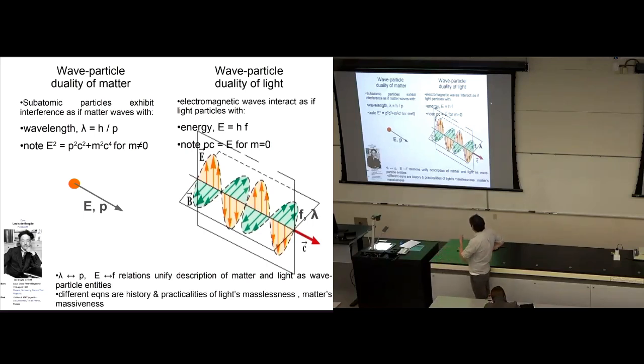This is kind of a summary of the wave-particle nature of matter on the left and light on the right. I've just added to the picture 2 equations, really. This one over here is a new equation, and this one over here is an equation from last class. These two equations, the one on the left and the one on the right, are like bridges. They're bridges between the wave and particle descriptions of light and the wave and particle descriptions of matter. So they connect, they join those two